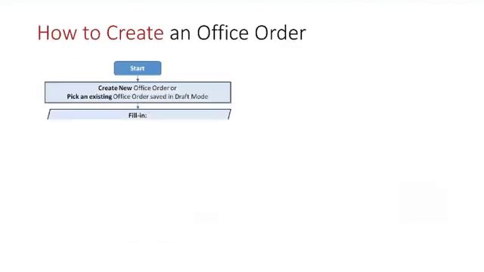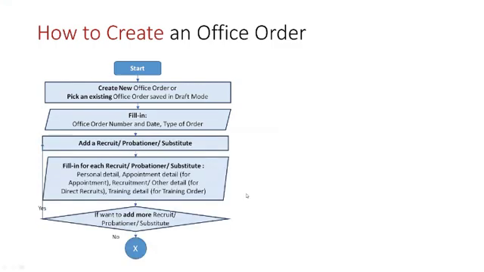So we'll just see how a common office order is to be created. We are having a look at the joining order of a new person. So our dealing clerk will enter into the system, the HRMS URL, all of you are aware of. Every dealing clerk has his own password and ID through which he will enter into the system. Then he will fill in the office number, its date, and type of order. He will fill in the number of people who are going to join, 1, 2, 3, 4. How many people are there in an order? All those are to be entered.